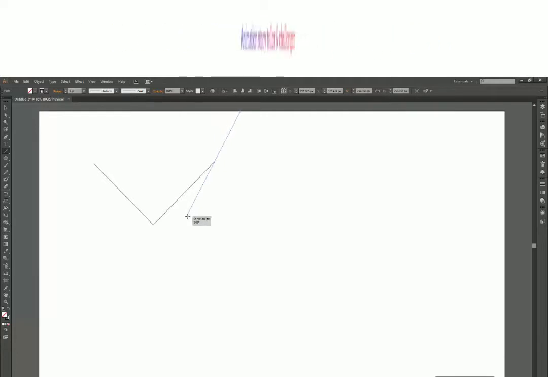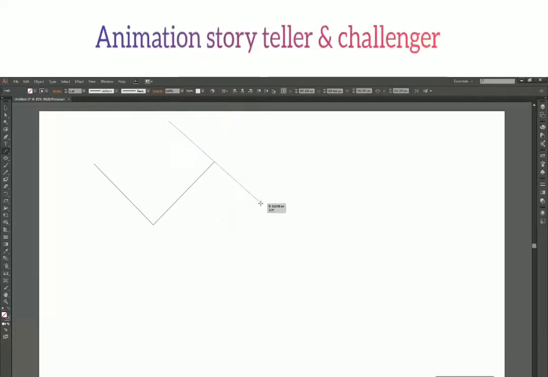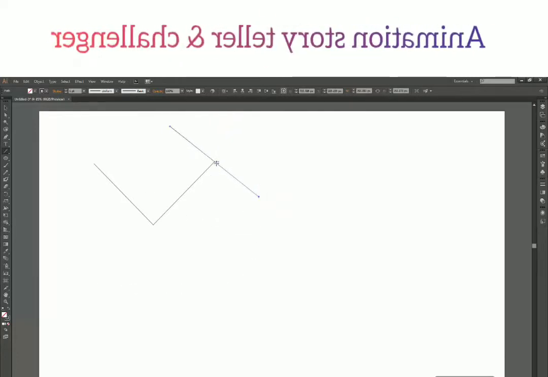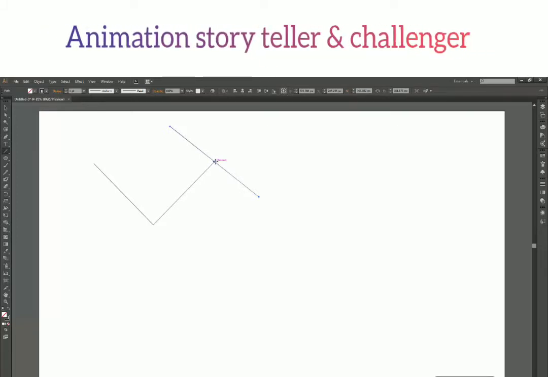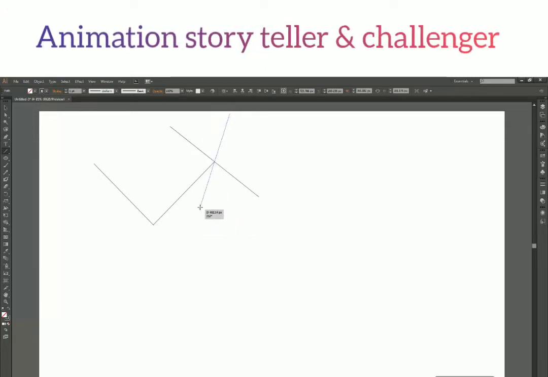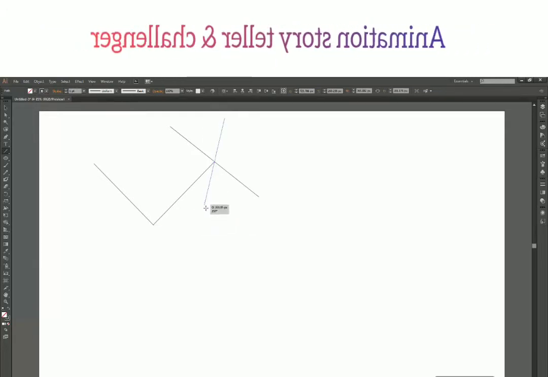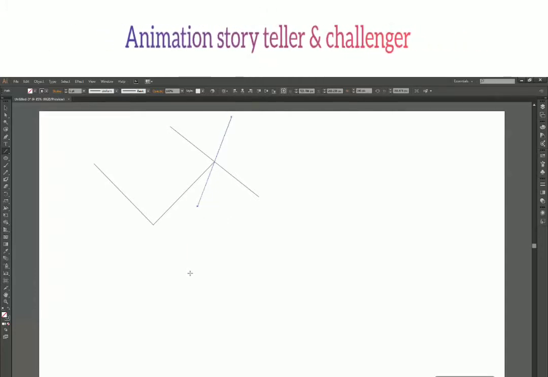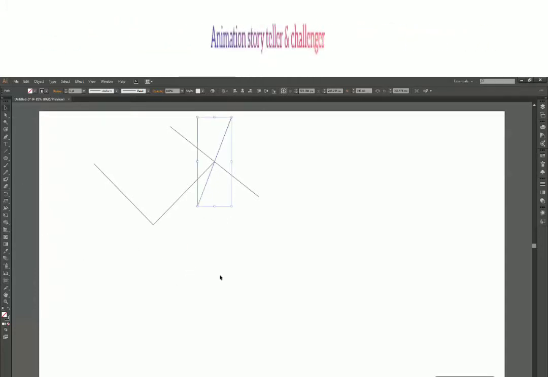So now let's say this is the line I wanted, and there I can release it. It is as simple as that. Start drawing the lines and press the Alt key in between to shift your center, and release your mouse first and then the Alt key to get the line you want.